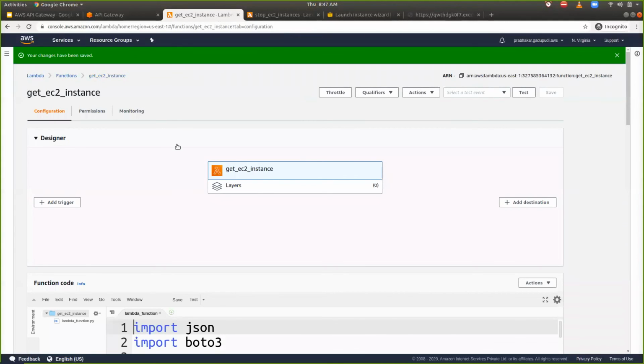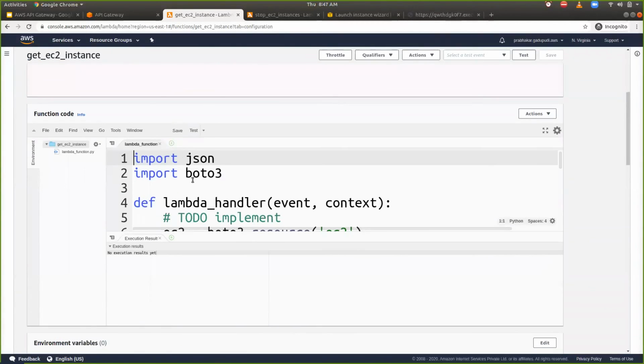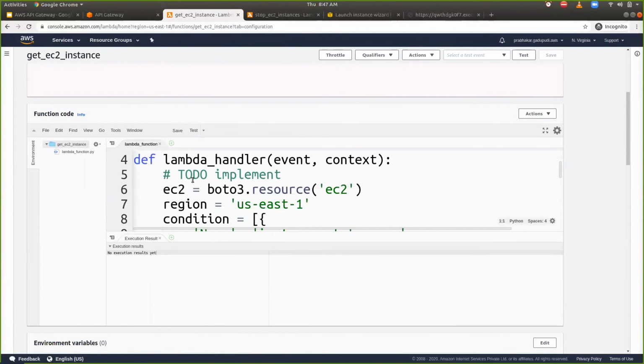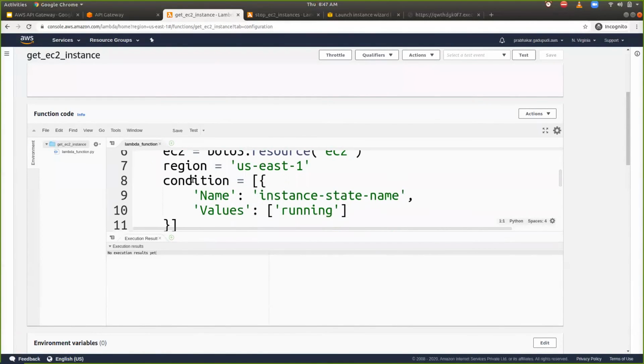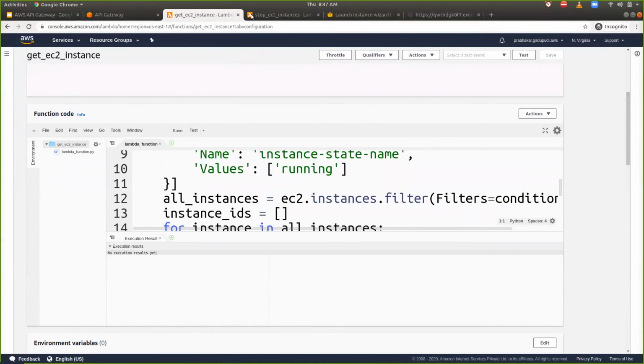After refreshing the changes, you can find the 3 EC2 instances which I'm running, and these are the 3 EC2 instance IDs. So by using a GET API, I have successfully invoked my Lambda function, which returned all running EC2 instances. Now it's time to create a POST API. With that POST API, which will take different parameters as a request body, I can stop one instance, or maybe I can stop all the instances.